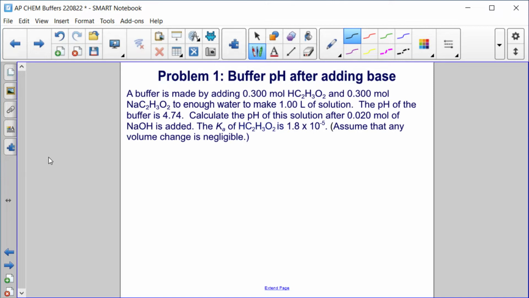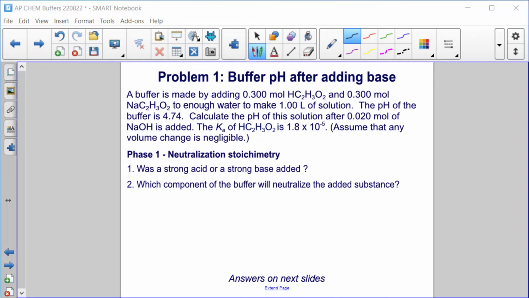The Ka of acetic acid is 1.8 times 10 to the minus 5, and we can assume that any change in volume is negligible. All right, so the first phase in the problem solving is the neutralization stoichiometry. Was a strong acid or a strong base added, and which component of the buffer will neutralize the